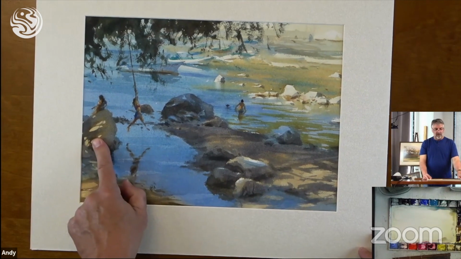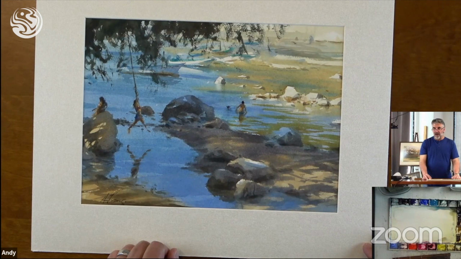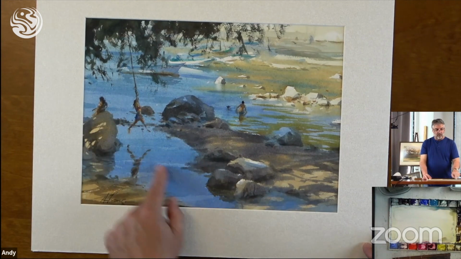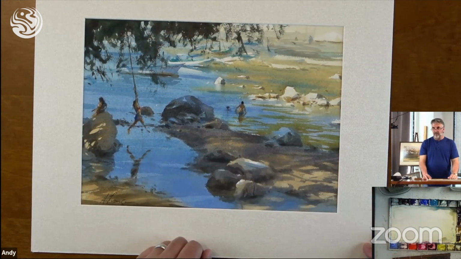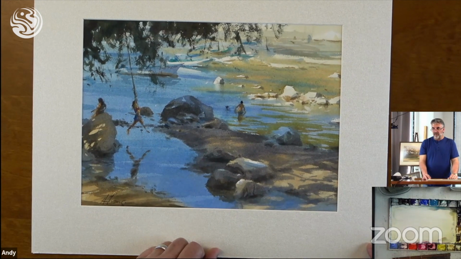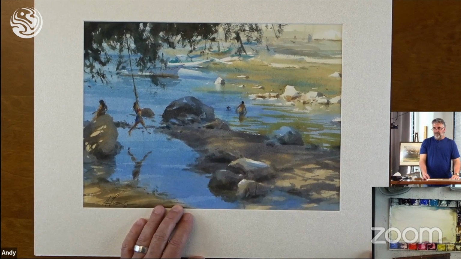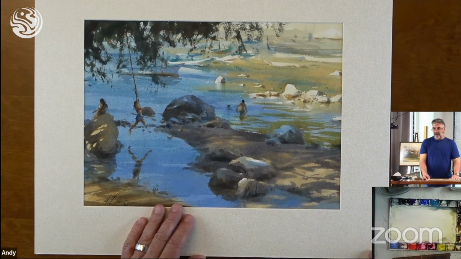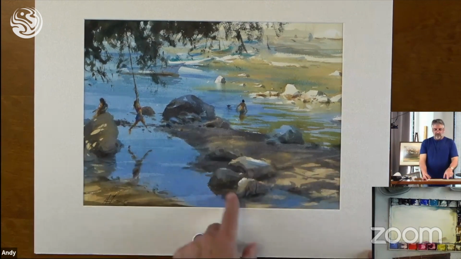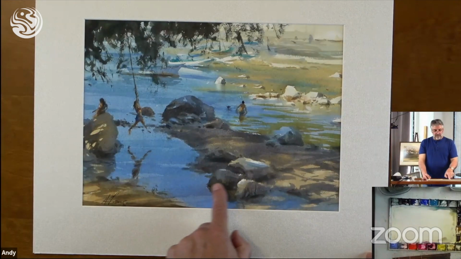I want them to notice that beautiful dappled shadow on the rock, and the girl swinging on the rope and her reflection, and this little guy wading out in the water with his dog, his little buddy, and then the boats in the background just suggested. Okay, so again, it's not always just one thing, but when you can find that harmony, the lost edges,